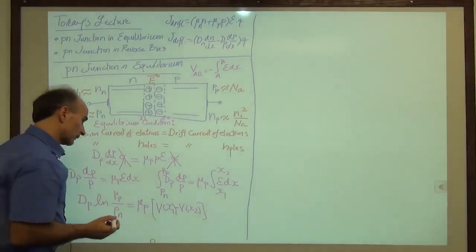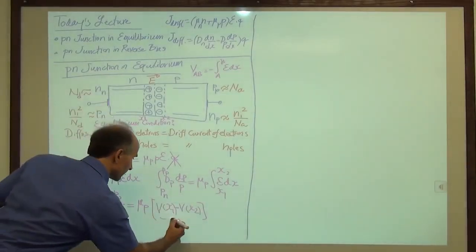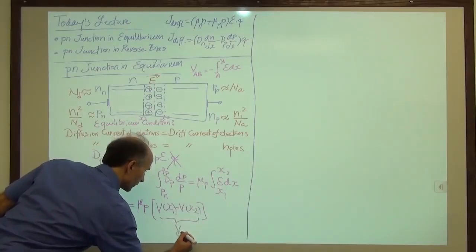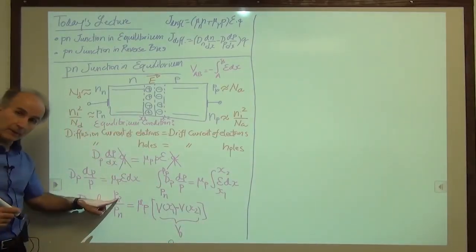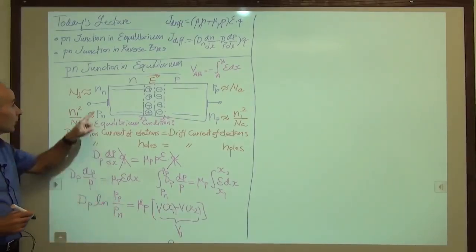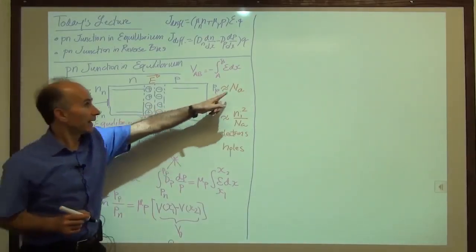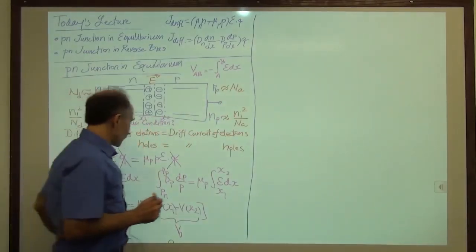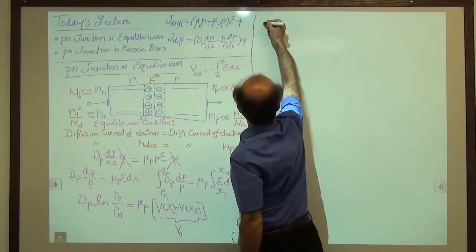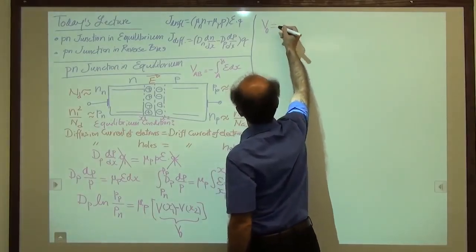Okay, and we might call this v0 for simplicity. So this whole thing, we call it v0. And now we will go ahead and replace p sub p and p sub n with na and ni squared over nd. So I can write v0 is equal to